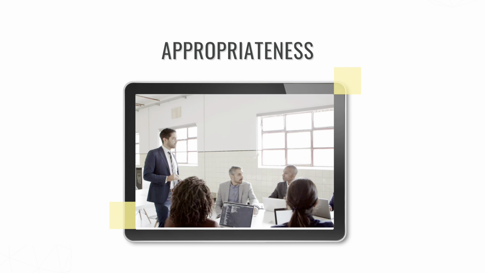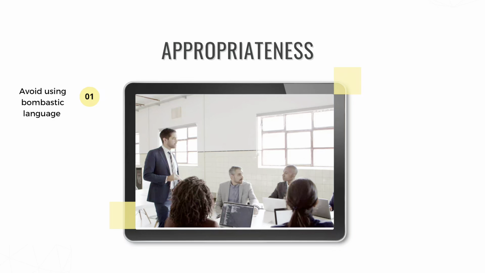The first one is appropriateness. When you are presenting, avoid using bombastic language or difficult jargon just to impress your audience. Using them blindly without really understanding the meanings and how to pronounce them correctly will cause you embarrassment. Sometimes you may need to use some jargon or technical terms to describe your solution, process, or results.